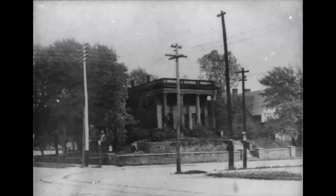This is the Smythe home from a different view. The Smythe family were really well known. George Smythe was a well-known attorney in Newark. And by Florence King's account, this was the social center of Newark in the 1850s and 1860s. And the Smythes had, I believe, 4 daughters, and they were all very well known. The wife was said to be one of the classiest women in Newark. And in fact, Mr. Smythe bought her the first fully enclosed carriage in Newark so that she could ride around